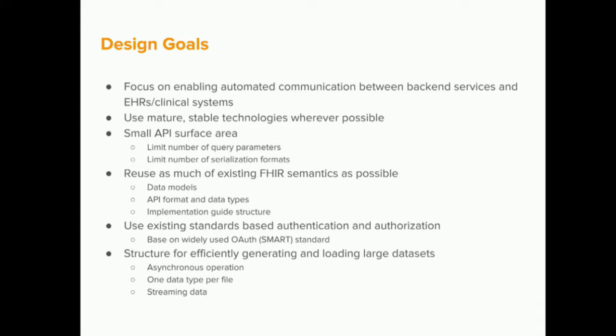And so that's asynchronous operation, what I mentioned before, being able to put in a request, let a server grind on it for a few hours, poll periodically to see if it's done, and then get a notification when it's complete, so that you don't have to tie up a transactional server while you're doing this